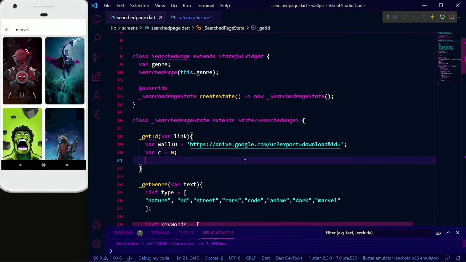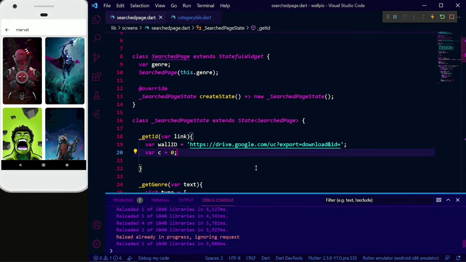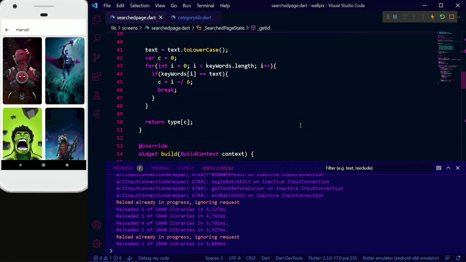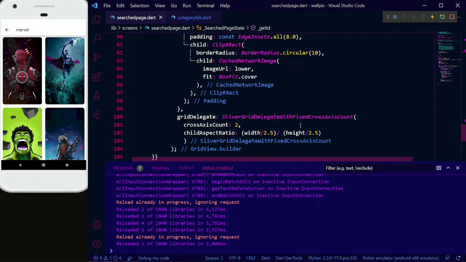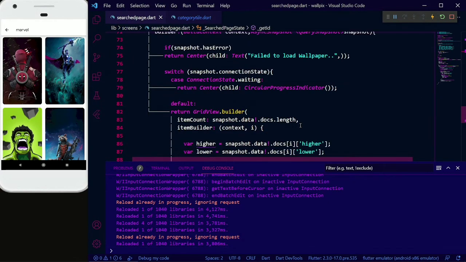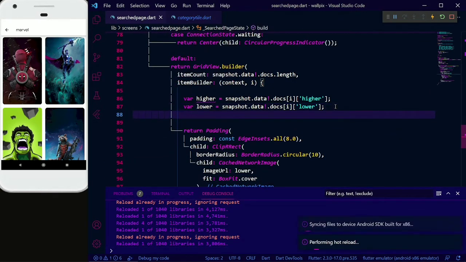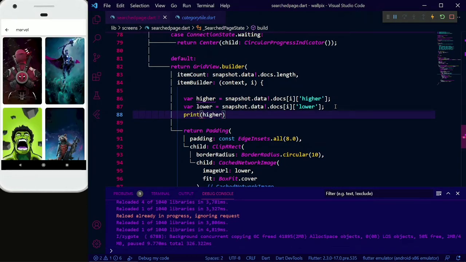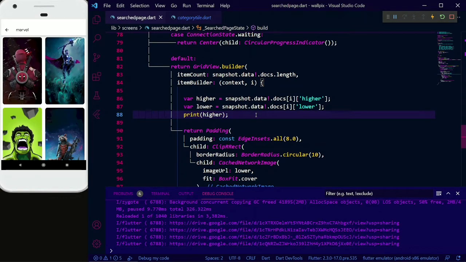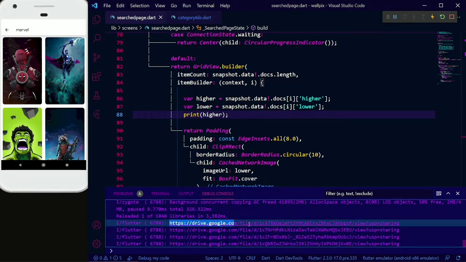Let me just show you what we are going to do. We just need a Google Drive id. So we are getting the Google Drive id right from here. If I do a print statement, wait a minute. For example, we got our higher value, so we just need to print the higher value. So we will extract one Google Drive ID, so that I can let you understand how we can extract the ID. So we got our ID here.